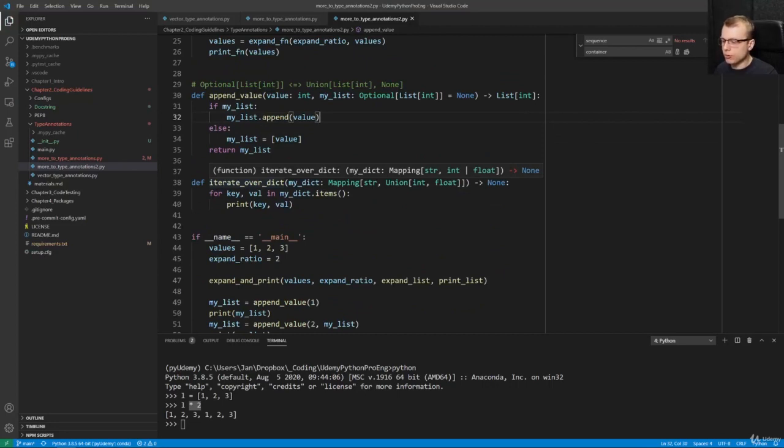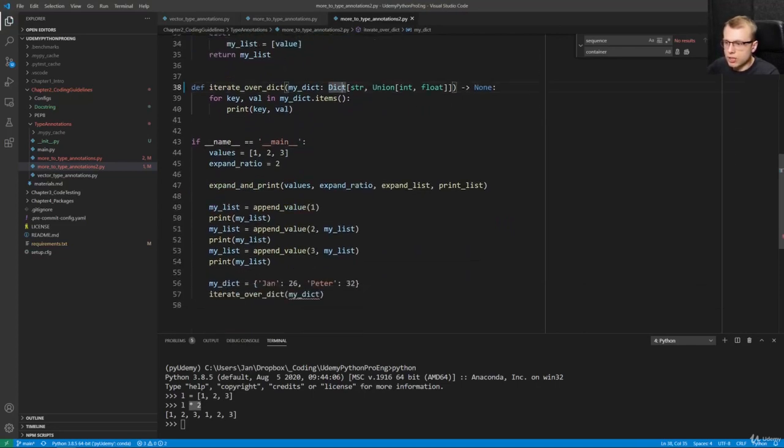Okay. Then one more thing about a function here that I called iterate over dict. If you want to type annotate parameters that should be a dictionary, it is recommended by Mypy and the typing module to use the abstract Mapping class. If you want to type annotate the return type of a function, there you should use the Dict abstract base type. It's a bit odd to use the Mapping type here and not the Dict type. It has to do with some underlying problems that Mypy can't resolve right now. Maybe in the future Mypy is smart enough to also use the Dict type here, but if I type in Dict